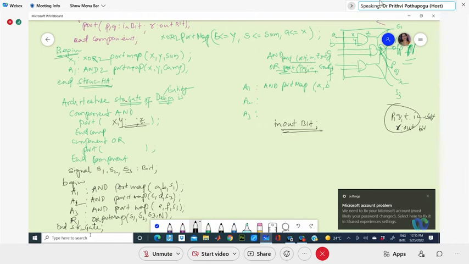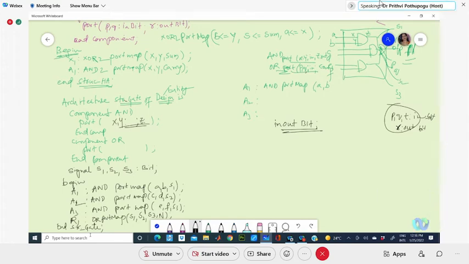Okay. Any signal that is related to your design, to that local design, you need to declare after the component declaration, before beginning the architecture. This is the position where your signals have to be declared. Okay, this is clear.